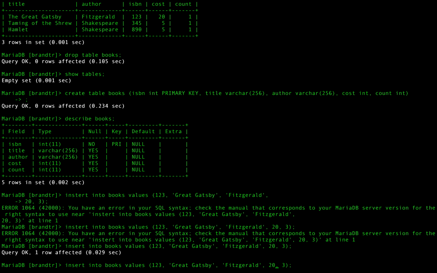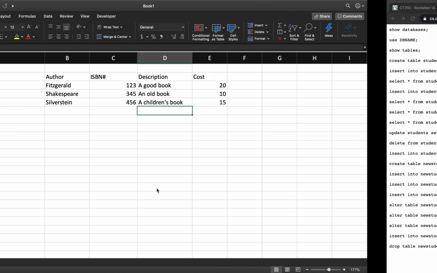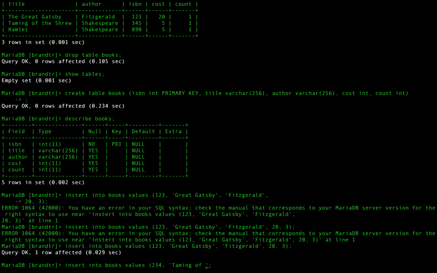We've done that, but now we can also insert several things in one line. So let's do 2, 3, 4, and this was Taming of the Shrew. And that's going to be $10. We're going to have 5 copies of that. Then if we do a comma like this, we can do 3, 4, 5. We can just keep going. So now we have